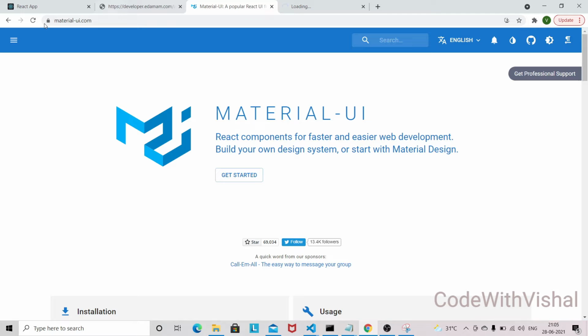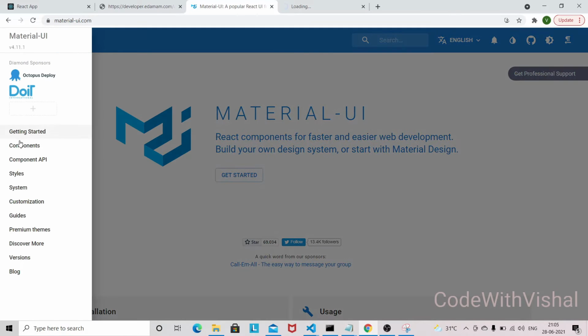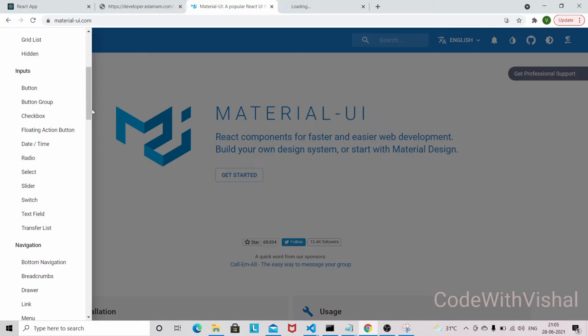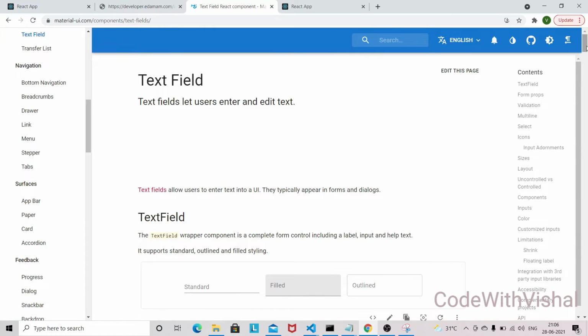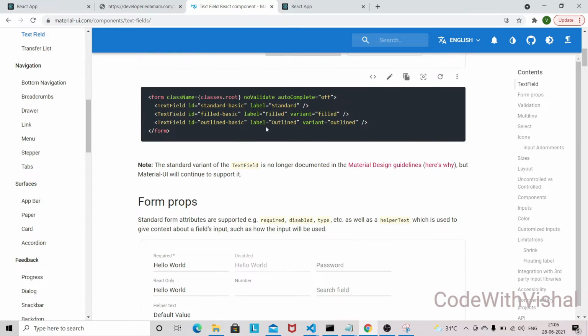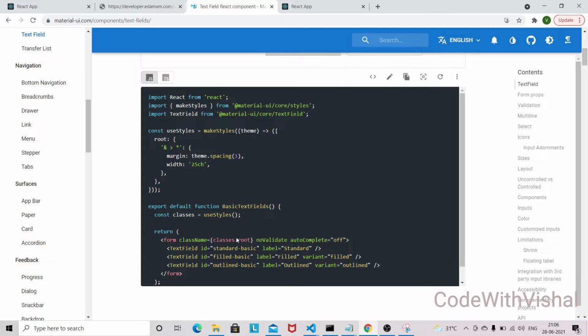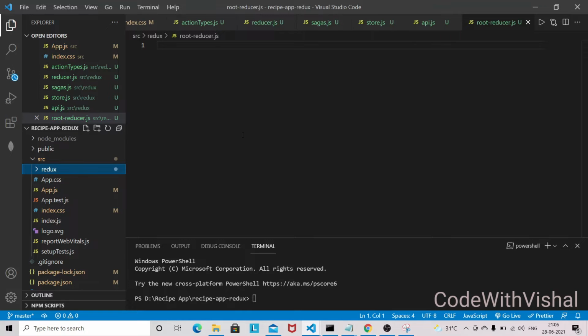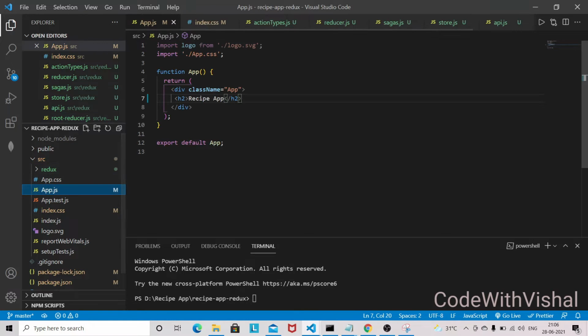And meanwhile, in Material UI, we are going to use some components. So first I will be using the text field. So the text field component we have to use, and let's first copy this one, and in app.js, let's copy that input field here.